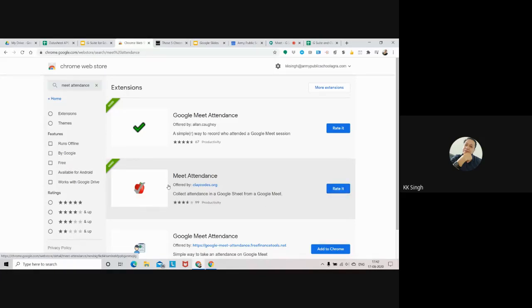So this icon will be added to your Chrome browser, and next time when you host the Meet, it will appear on your browser, and when you click it, the entire list of the participants will appear in a separate Google Sheet. So I'll show it here.